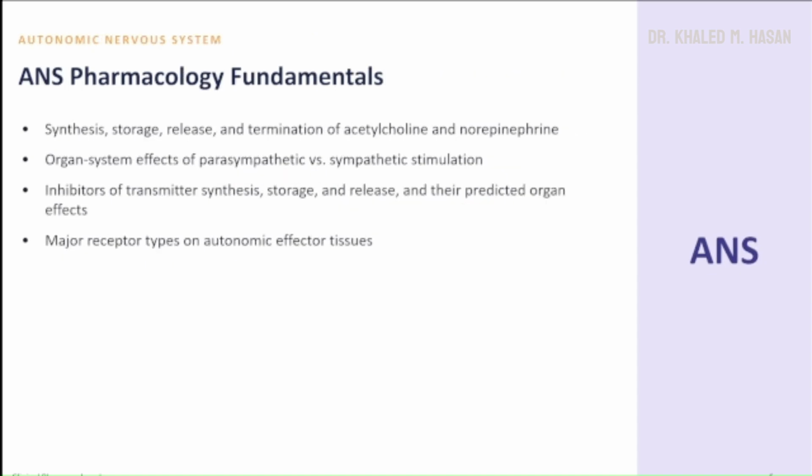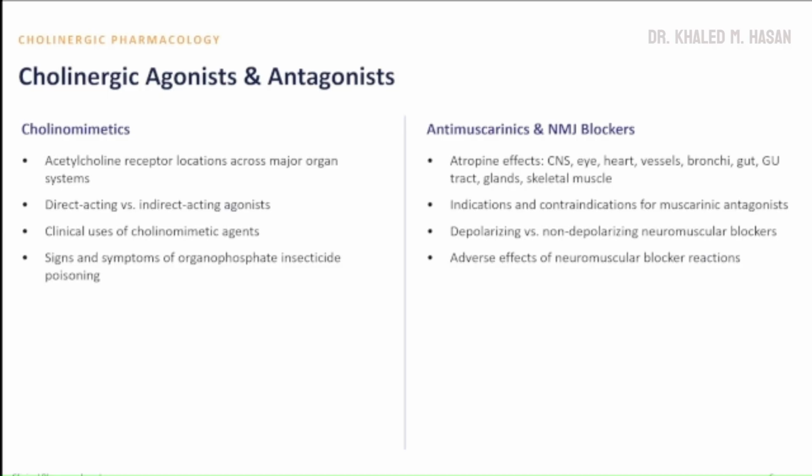Autonomic nervous system, we are going to speak about mediators such as epinephrine, acetylcholine synthesis, storage, release, termination. We're going to speak about the effect of these mediators on the organ system. Speak about what are the major receptor types of our autonomic nervous system. We speak about